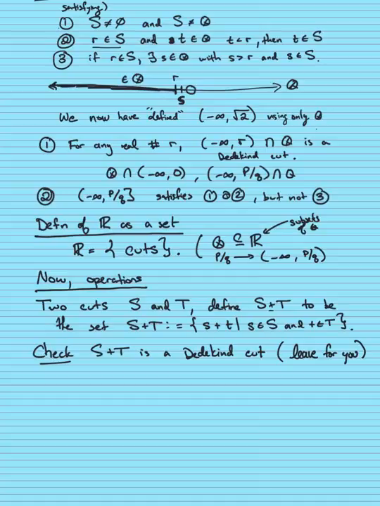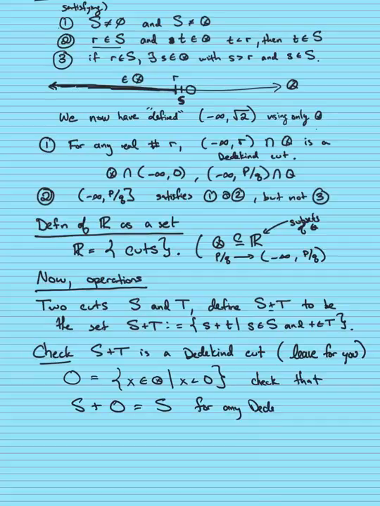So 0 is just going to be the Dedekind cut of rational numbers which are less than 0. And you can also check that S plus 0 is equal to S